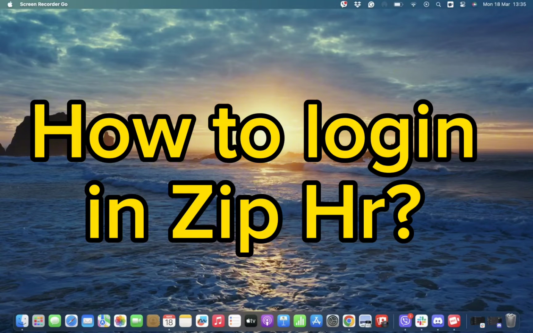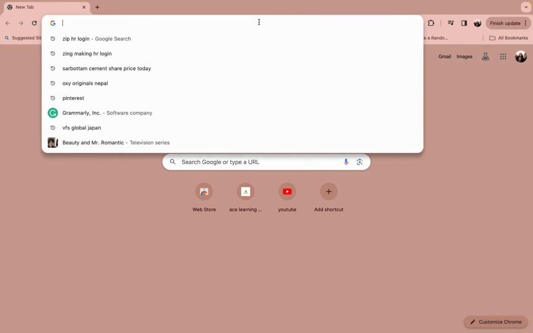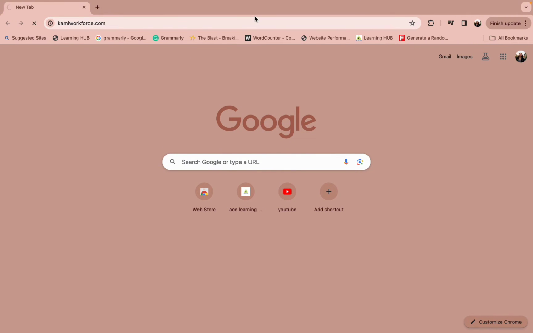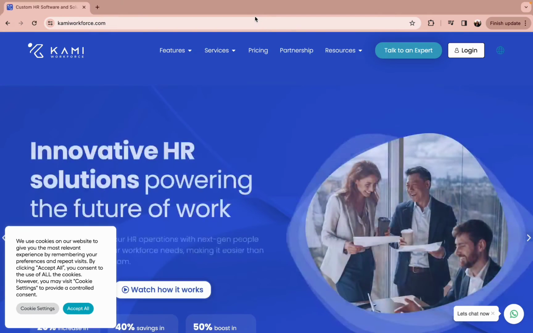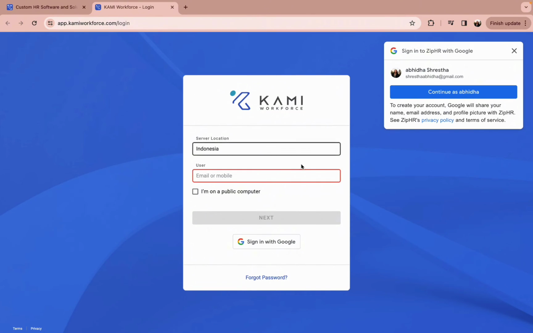So first of all, you need to know that to enter Zip HR, you need to go through a web browser called Kami Workforce, for which you need to open a web browser of your preference and type in the URL www.kamiworkforce.com. Once you do this, you will end up on its official website, which is also the website for Zip HR. So simply tap on the login option and you will end up on this page where you simply select a server